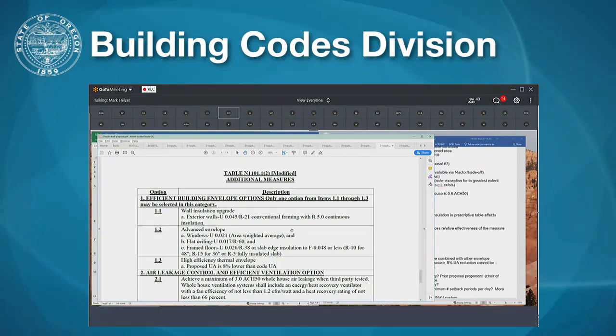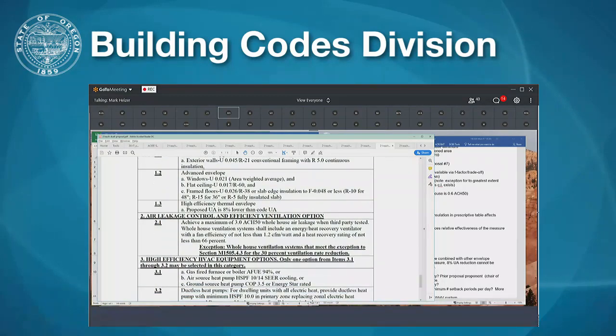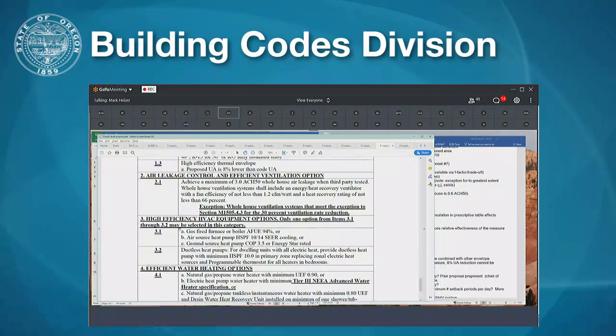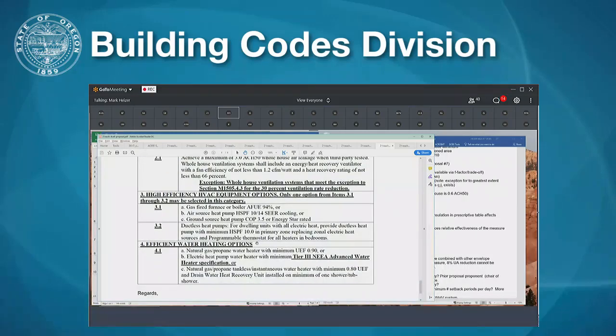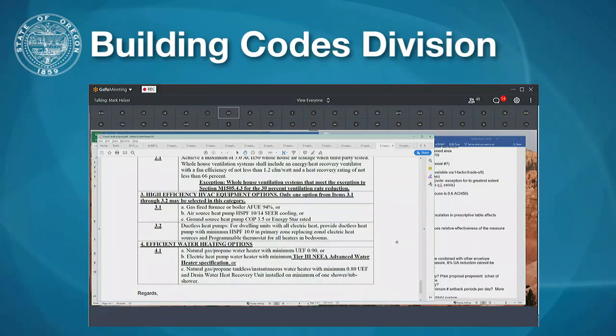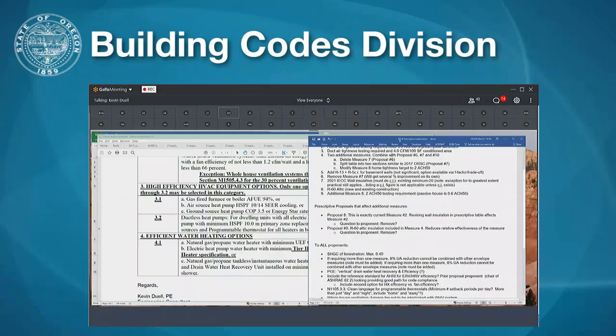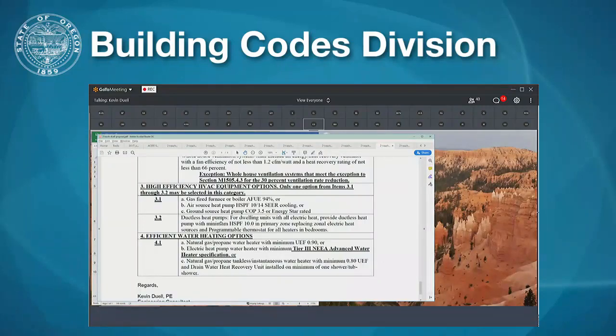If you don't mind, Kevin, you're looking for one from either the efficient building envelope options or the air leakage option, then picking one from high efficiency HVAC and one from water heating, to get to a grand total of 3 possible options. Kevin, I hope that was a good summary of what you have there. It's a great summary, Mark. And yeah, there are 4 categories, and you're basically picking one measure from 3 of them.